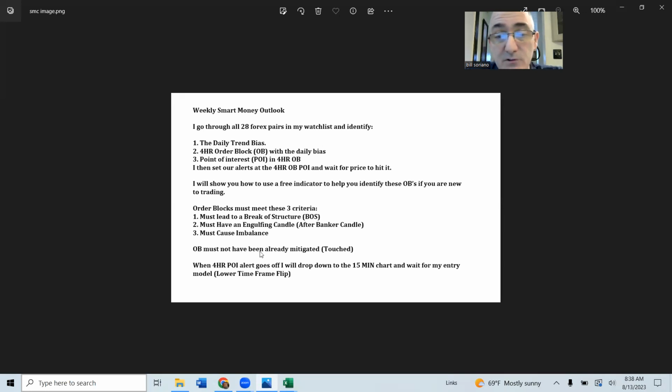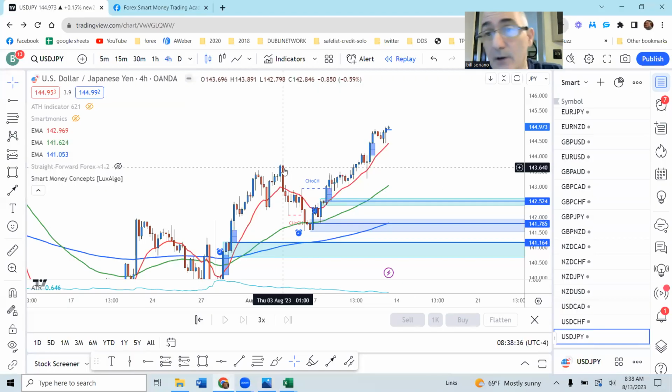The order block must not have already been mitigated or touched, okay? And so we'll wait for these order blocks. We'll wait for these points of interest to get hit. And once they do, we drop down to the 15-minute chart and we wait for our entry model, which is a lower time frame flip, right? And I show you that